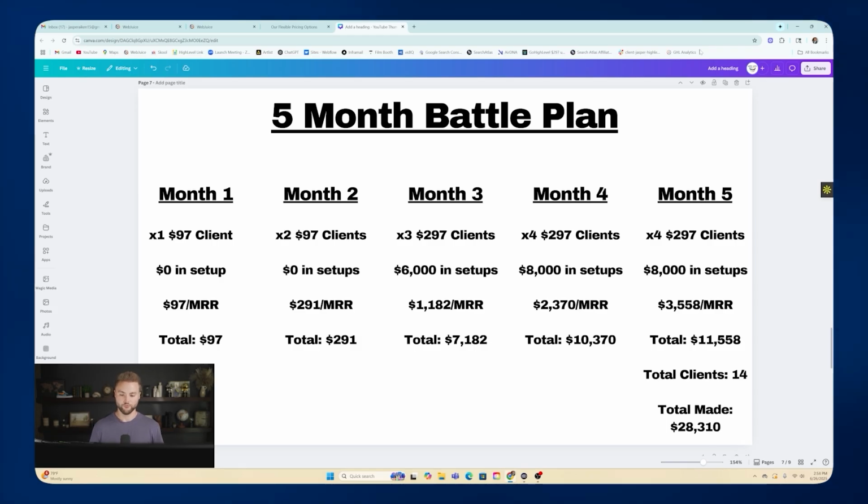So in month 4, very realistically and conservatively, you can get to $10,000 a month, not monthly recurring, but $10,000 a month total made in your agency. And then month 5, even more, you get 4 new clients again, 1 per week, $8,000 in setup fees again. You're at $3,558 in MRR, and you've made $11,558 in month 5. And by this point, hopefully you've quit your job